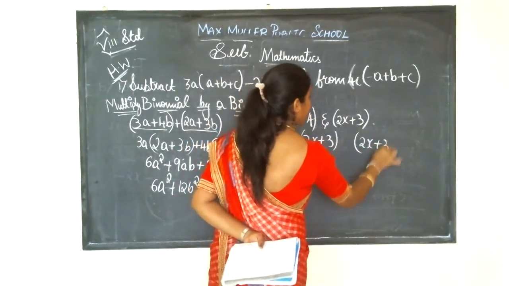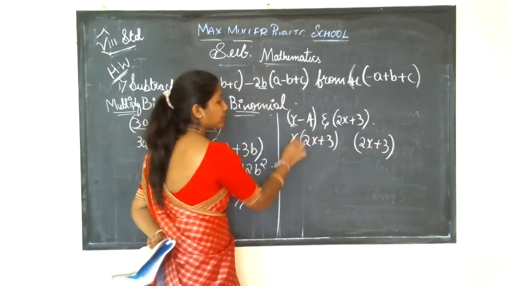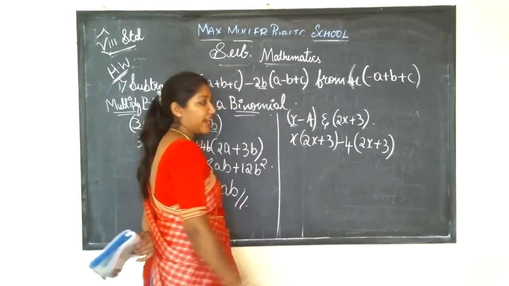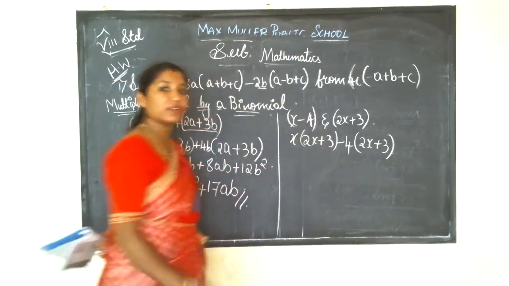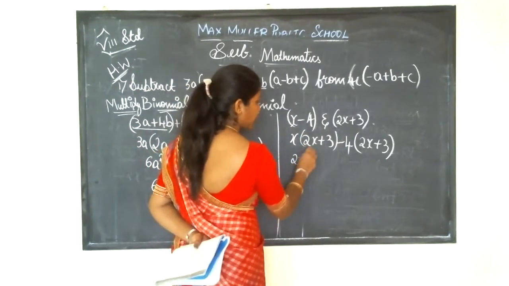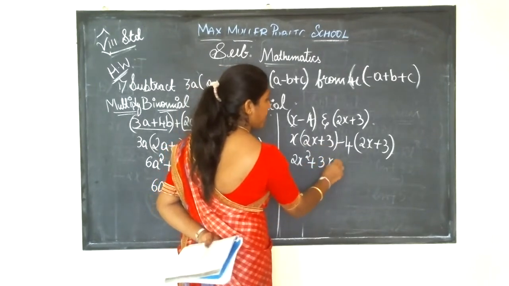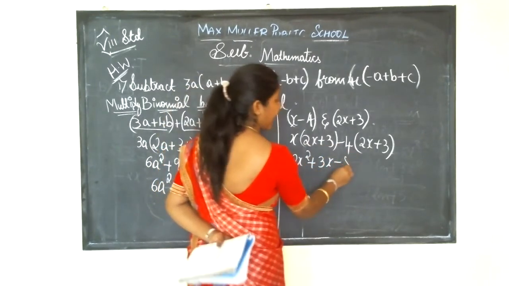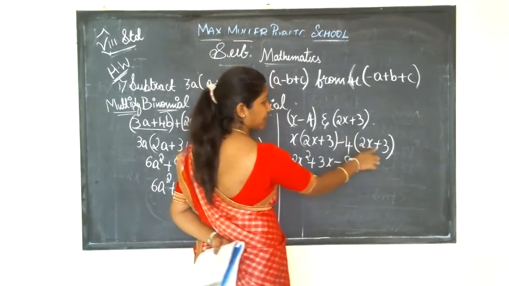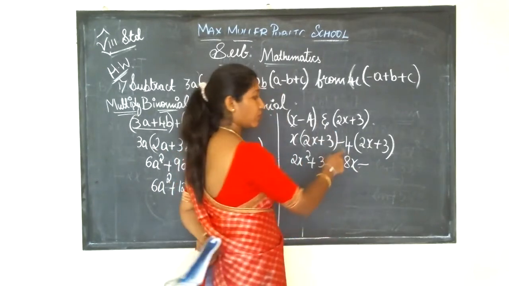2x plus 3, and then the expression you have not written now, you have to split: x, and here is minus 4, you have to write. Which sign is there, you have to put the same sign. Okay, now x into 2x, that is 2x square, plus 3 into x, 3x, minus 4 2s are 8x, plus minus into plus, it is minus into plus, again minus. You have to multiply with the signs also, don't forget it.